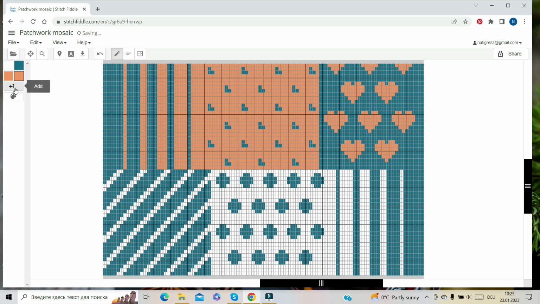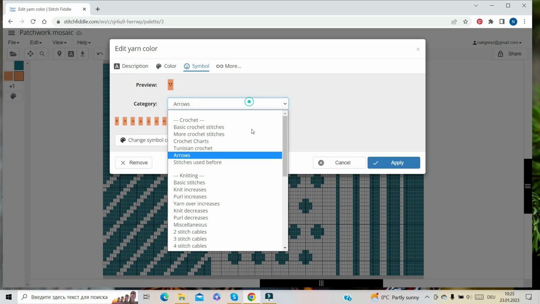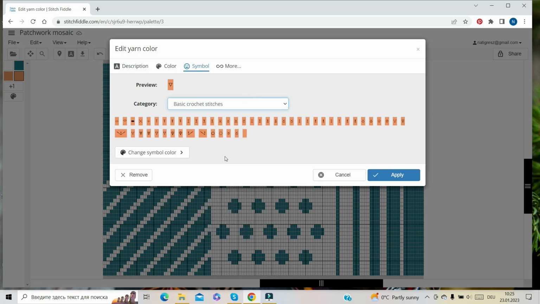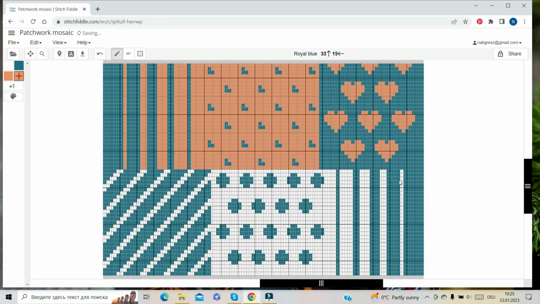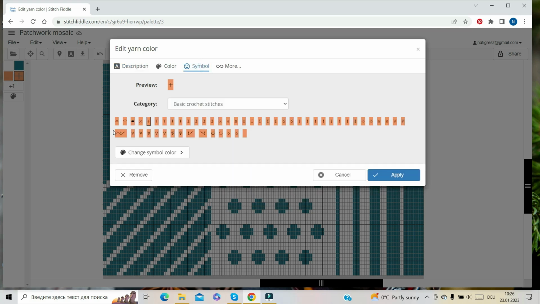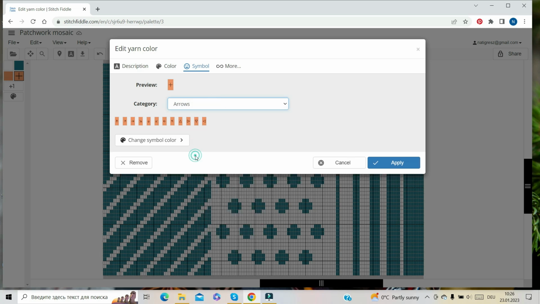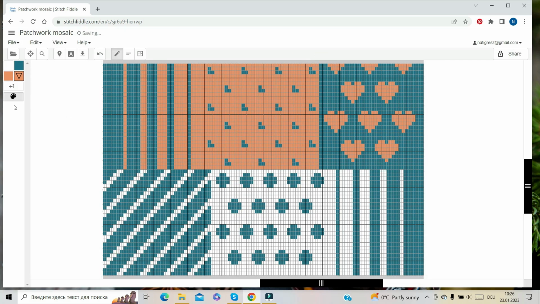Oh, sometimes it doesn't work, I don't know why. I will try to change the symbol. We'll try with plus, as it works, but I still want my arrow. Now I have it. I cannot delete orange color only from selected area, so I have to delete it from